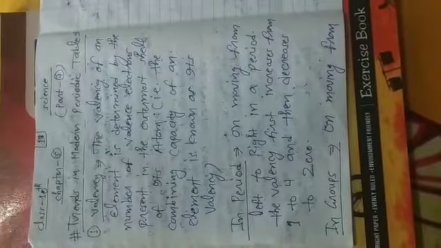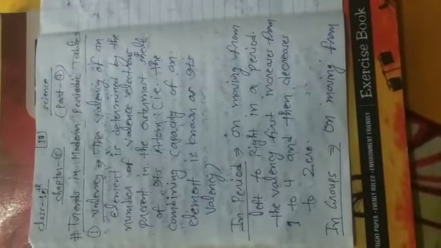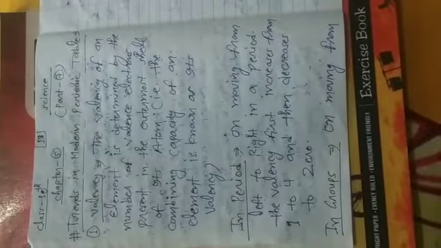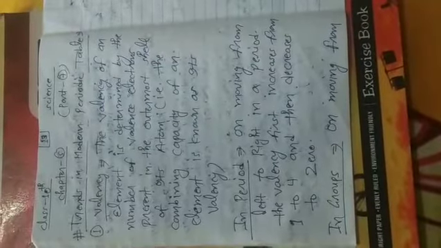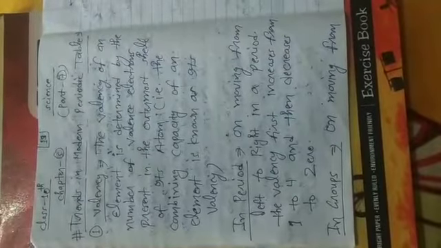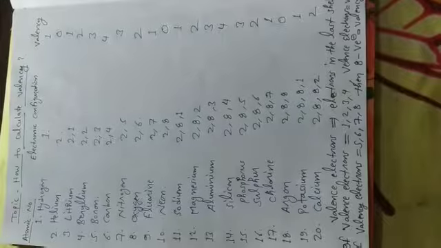In this video we will discuss valency. Valency is defined as the combining capacity of an atom. The second definition: the valency of an element is calculated by the number of valence electrons present in the outermost shell of its atom. I mean, the combining capacity of an element is known as its valency.